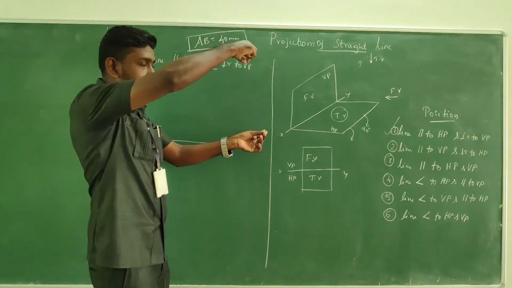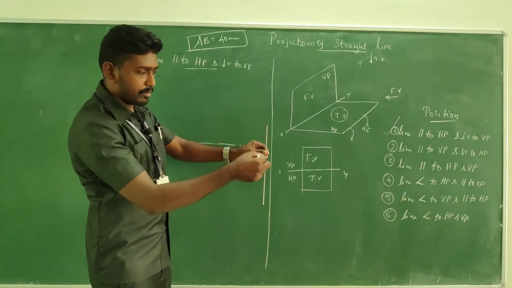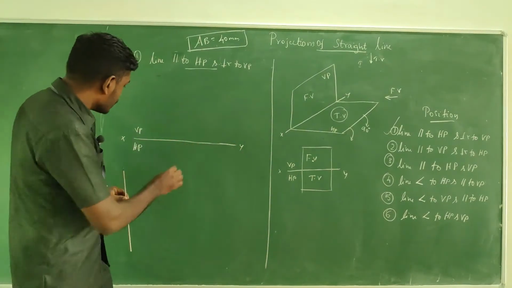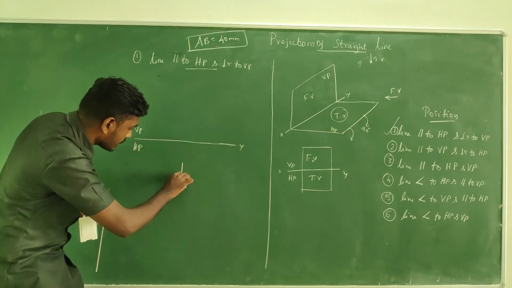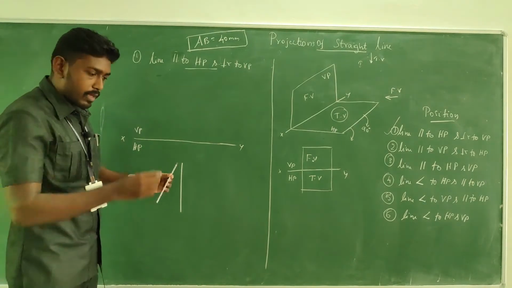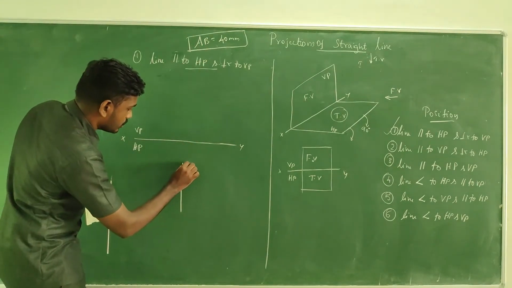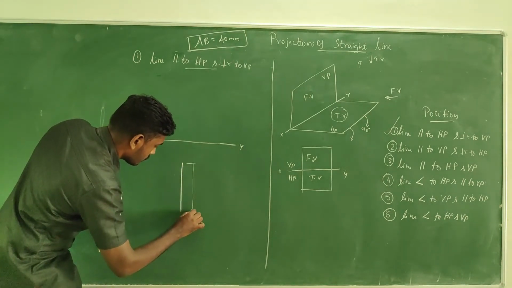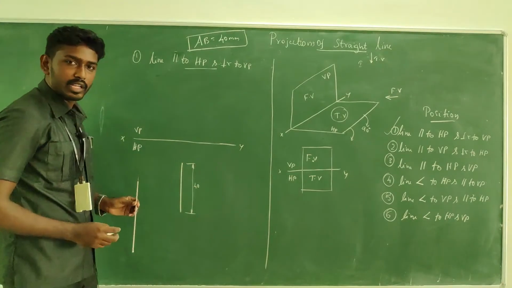So if you are looking from the top, this projection will be something like this. Okay, the straight line will be viewed. Okay, so in the top view, below the reference line, I'm going to capture the straight line. Okay, I'm going to take the straight line with the measurement, how much? 40 mm. The measurement 40 mm.